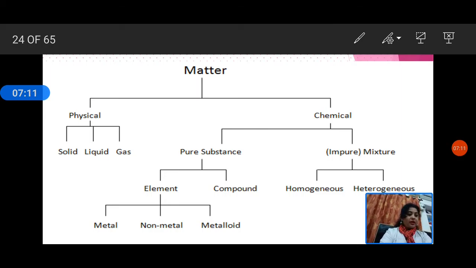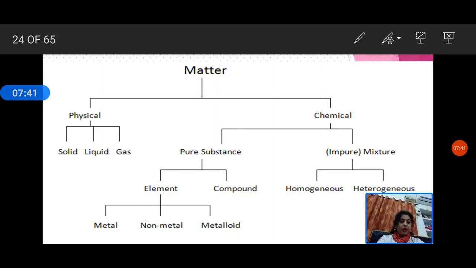What are elements? An element is defined as a pure substance which contains only one kind of atoms. An element can neither be broken into simpler substances nor built from simpler substances by any method. For example, copper, silver, gold, oxygen, nitrogen, etc. all contain atoms of one type only.